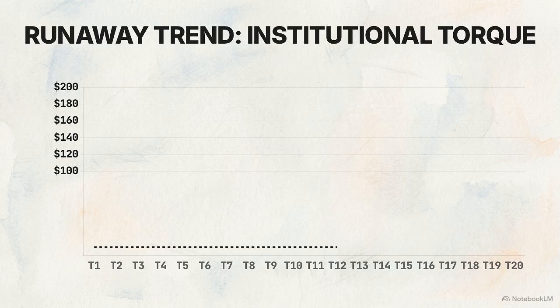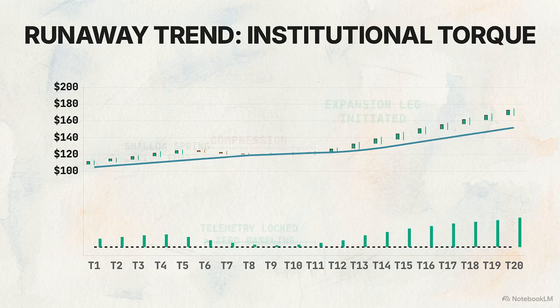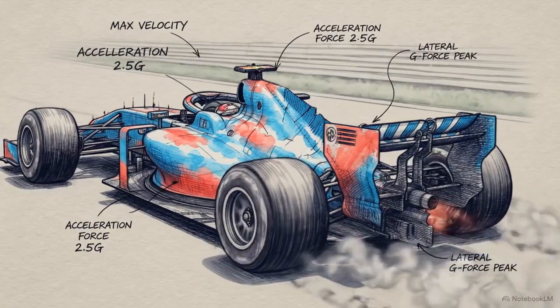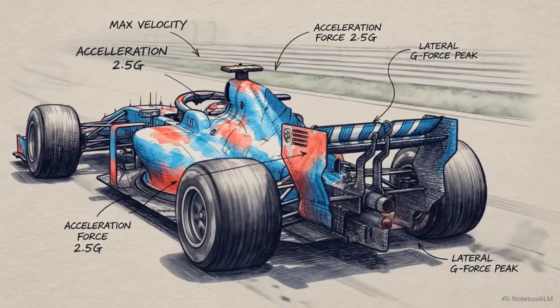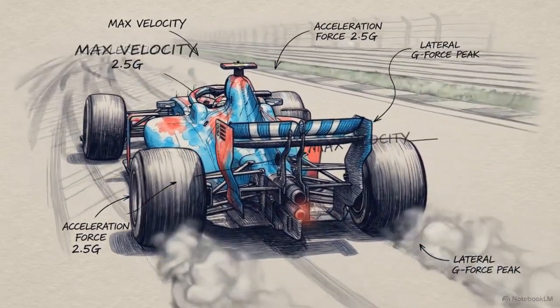Under the runaway trend protocol, price remains front-run by the 21 EMA, compressing slightly before the next expansion leg begins. A subchart monitors telemetry. For the shallow spring to hold, the momentum histogram remains vertically locked above the zero baseline. When these precise conditions align, the price action taps the 21 EMA line and immediately accelerates out of the corner